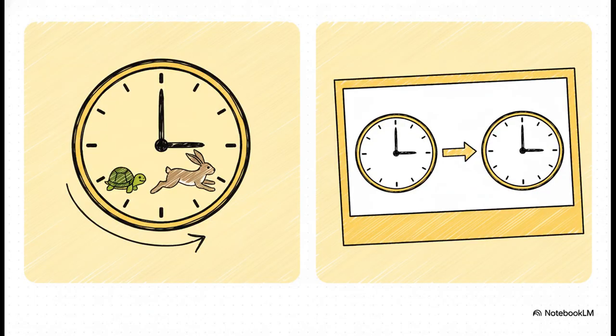So why don't all these little clocks just stay in sync? Well, it boils down to 2 key ideas: clock drift and clock skew. Think of clock drift like this. You have 2 runners who are supposed to be the exact same speed. But because of tiny, tiny imperfections, one is always just a fraction of a second faster than the other. Over a long race, that difference really starts to add up. Clock skew, on the other hand, is just the distance between them at any one moment. You know, the actual time difference if you looked at their watches right now.